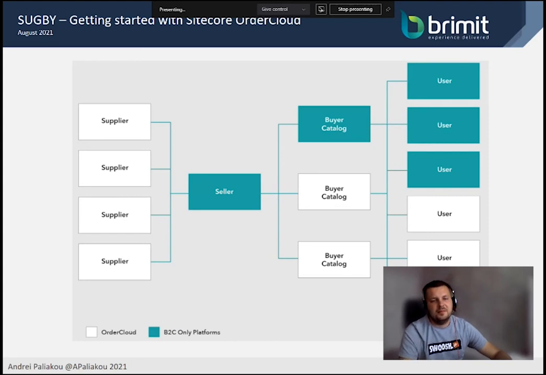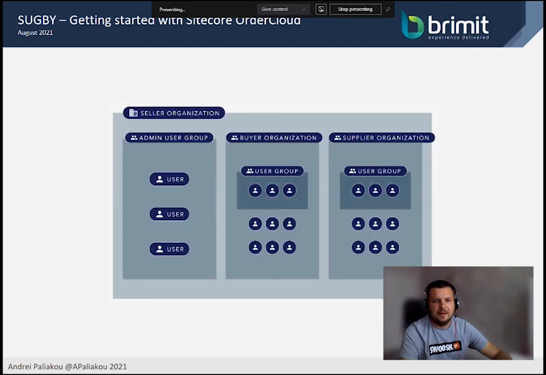With this approach that Sitecore OrderCloud provides, it's possible to build complex B2C solutions, to build complex logic on this flexible solution. First, I want to put the sellers, because we know sellers, right? This is who can provide some goods, some products,